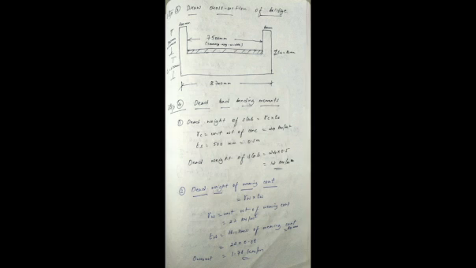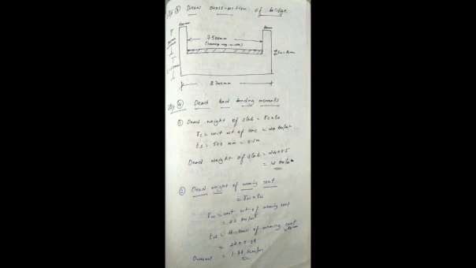We'll have to find out the dead load as well as the live load. So first we'll find out the dead load, then we'll do the moment coming because of that dead load. Dead load of slab is basically self weight of slab, that is gamma c into ts. Gamma c is unit weight of concrete, that is 24 kilonewton per meter cube, and ts is the thickness of the slab. We have taken it as 500 mm, that is 0.5 meter. So dead weight of slab is 24 into 0.5, that is 12 kilonewton per meter.